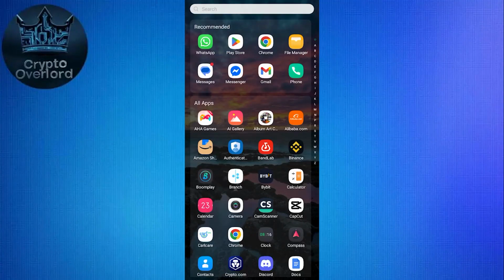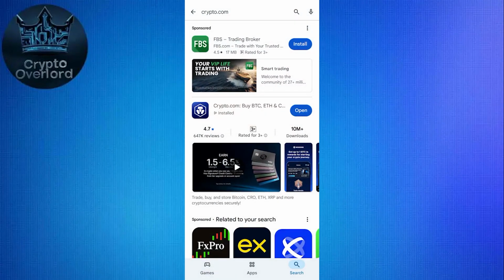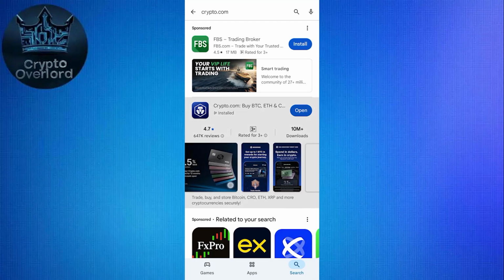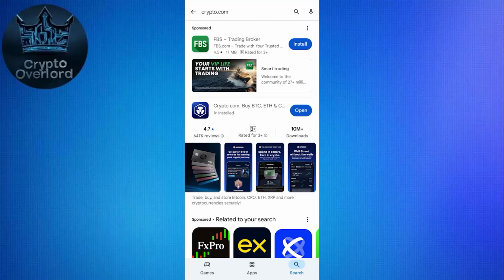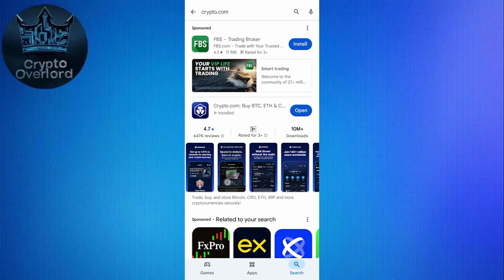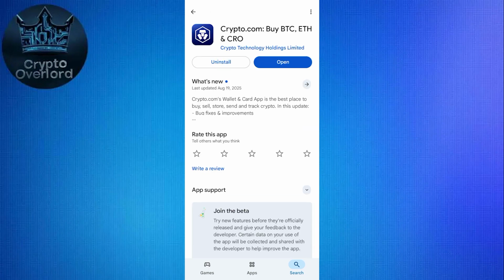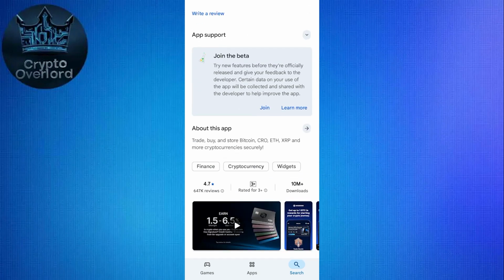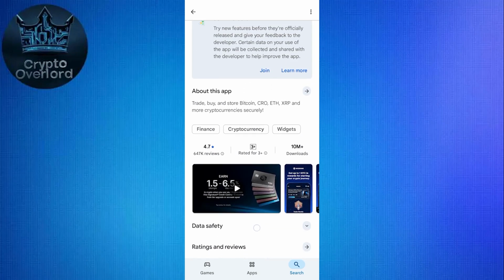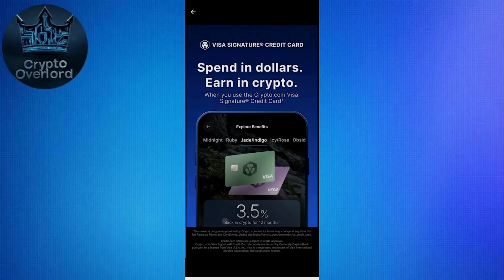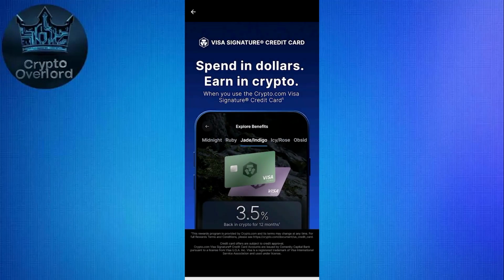In today's video, I'm going to show you how to create a passkey on crypto.com | setup passkey on crypto.com. In here on your App Store or Play Store, first make sure that the Crypto.com app is updated to enjoy the latest features. Crypto.com, a passkey is part of the new security setup that replaces or works alongside traditional passwords